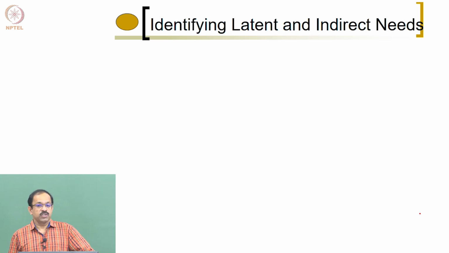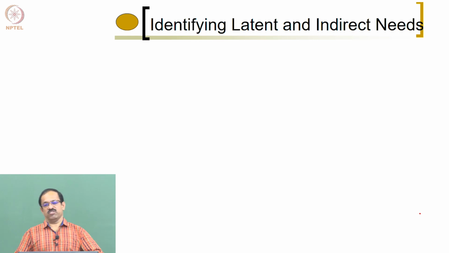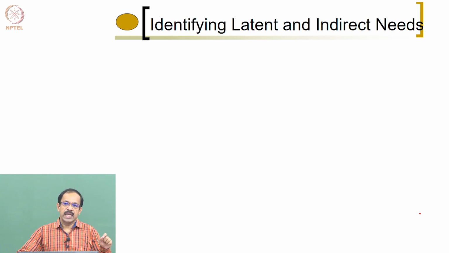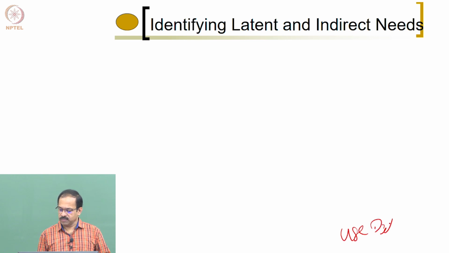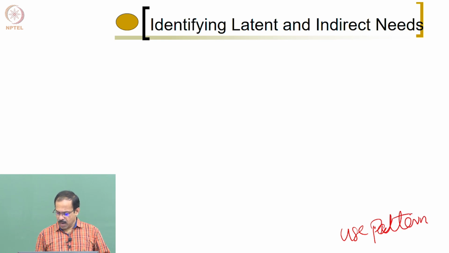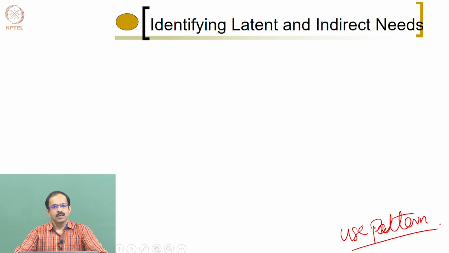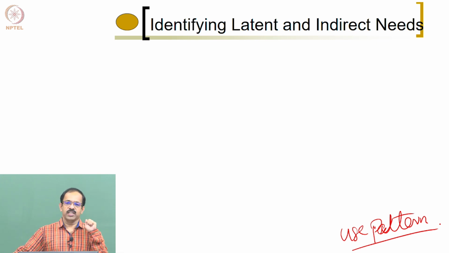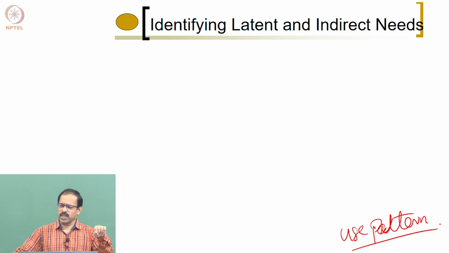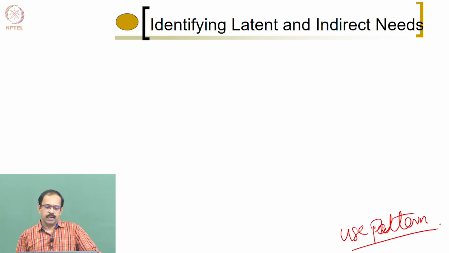There are a few things which we need to do, not directly with the customer, but more by looking at the life cycle of the product or the use pattern of the product. So we call it the use pattern of the product. How the product is used by the customer, and if you can go through all those stages, then you will identify what the latent needs of the product are, or what the product should satisfy if it has to work in a particular environment or particular system. So that is basically the latent needs.